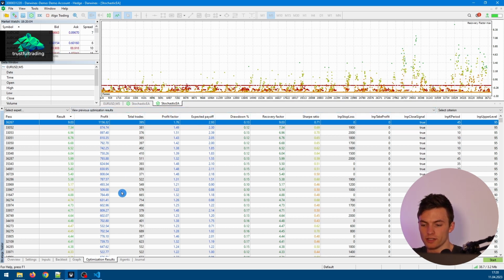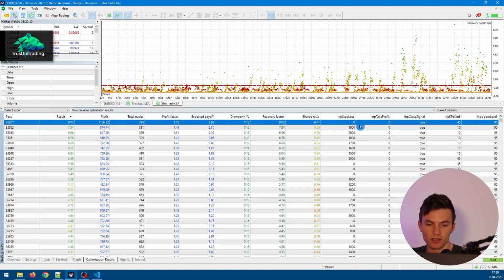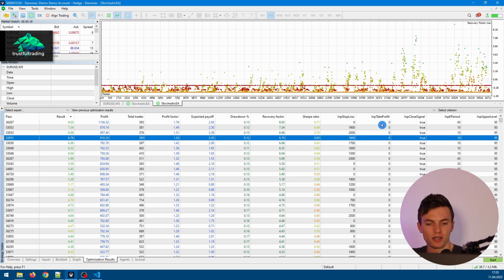So let's take a look at the top result here at the equity graph. So this is over multiple years, more than 10 years. Looks pretty decent, but we don't have a stop loss here. But here are also some combinations with a stop loss and no take profit, which is also what I expected for a mean reversion strategy, and a true Boolean here for the close signal. So most of the time we probably just close the trades with our reversed entry signal, and in some cases we use the stop loss as an emergency stop loss, and that's nearly always how these mean reverting strategies